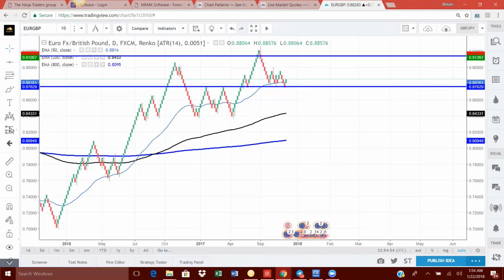Your take profit should be around 150 pips, or take it to 100 pips. So that's your take profit will be 0.89450. So that's Euro GBP for a buy. Because on a daily, it's an uptrend, and